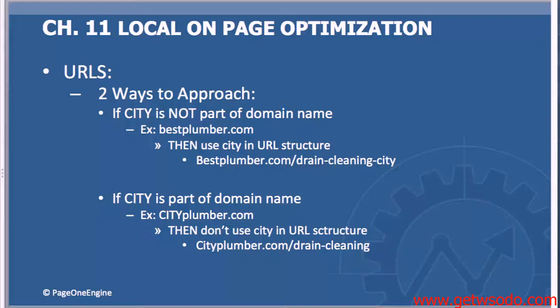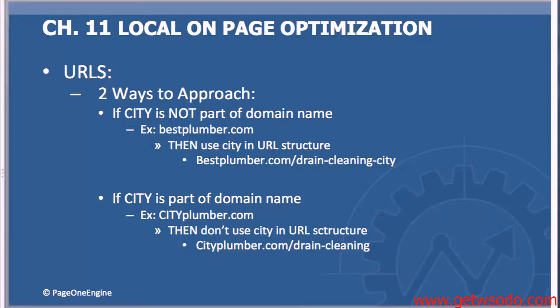Okay, so now let's move on to the URL structure of your website. Now, there are two ways to approach this. It's pretty basic, so just stick with this and you won't fall under any over optimization penalties as far as your URL structures. So, if the city is not part of the domain name, for example, let's take bestplumber.com, you don't see the city anywhere in the domain, then you want to use the city in the URL, like this